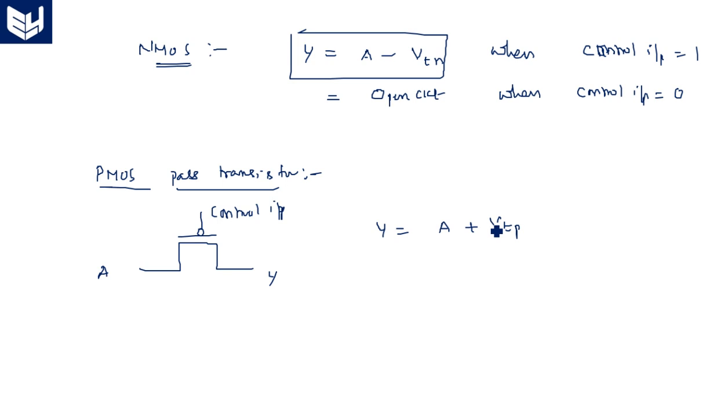Here the threshold voltage for the pass transistor is negative, so A minus of minus VTP is equal to A plus VTP. The control input behavior will be in reverse order, because for a PMOS transistor it is open circuit